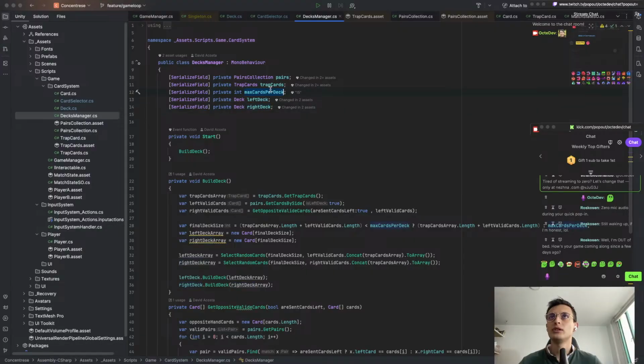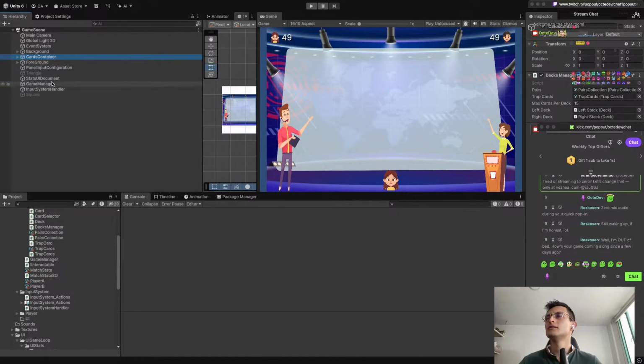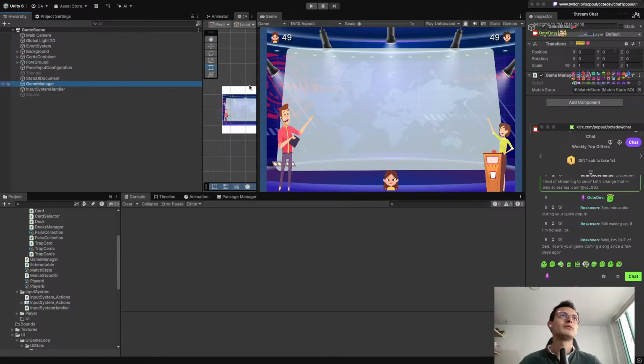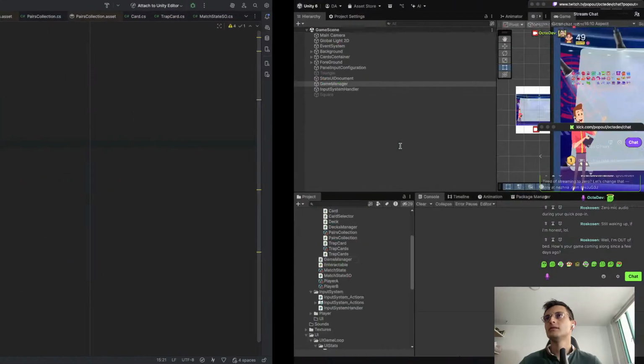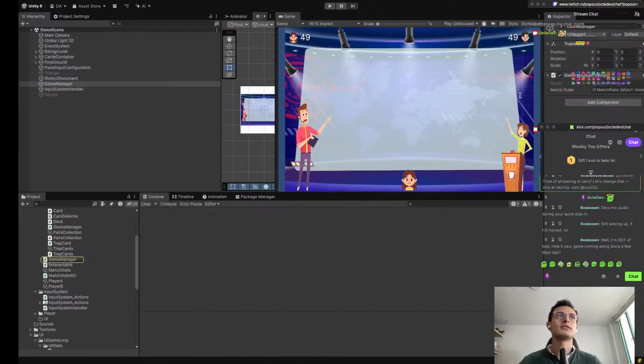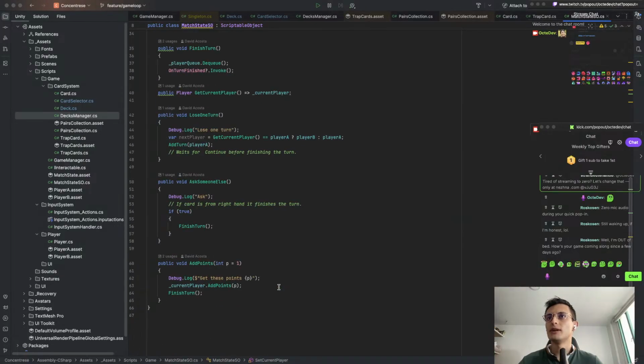So here maybe I should also have a reference to my game manager, because game manager has my match state. So let's see, evaluate. Match state should validate if that is correct or incorrect. So let's try to do the validation. So validate